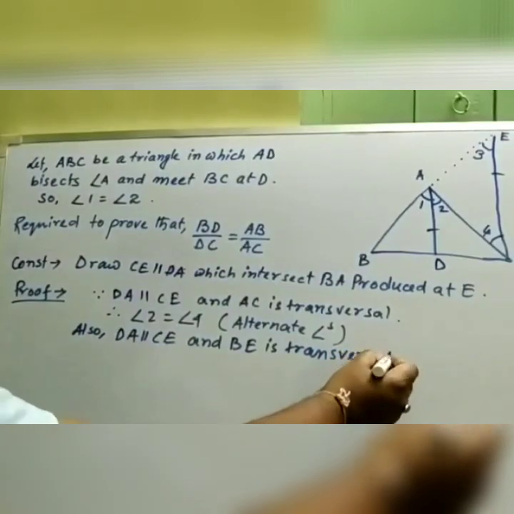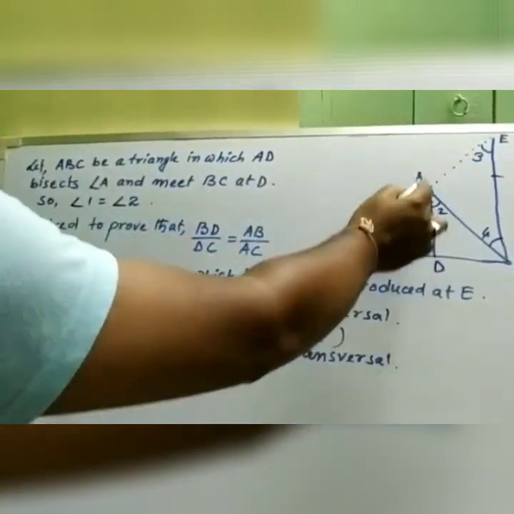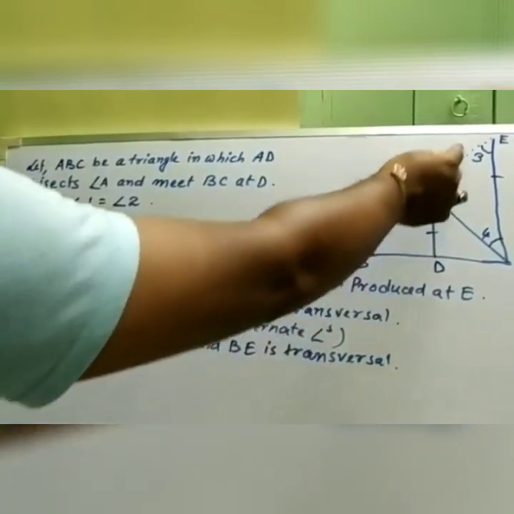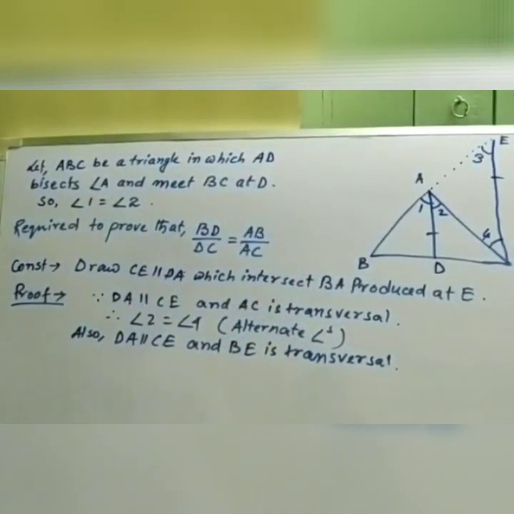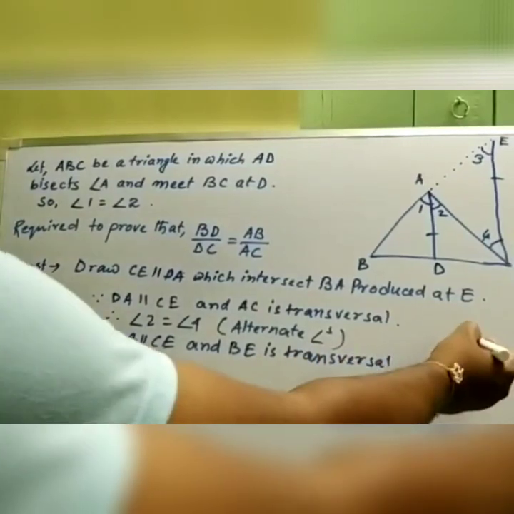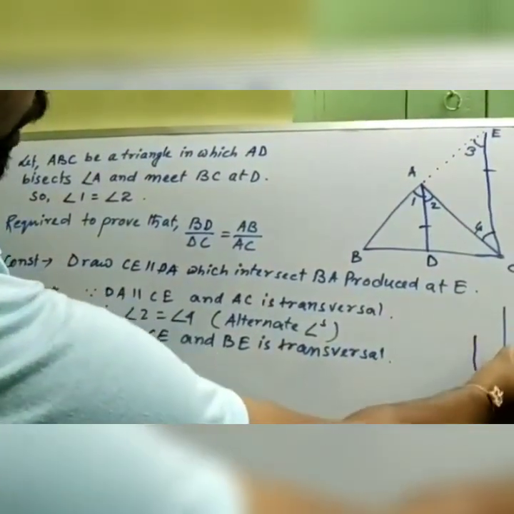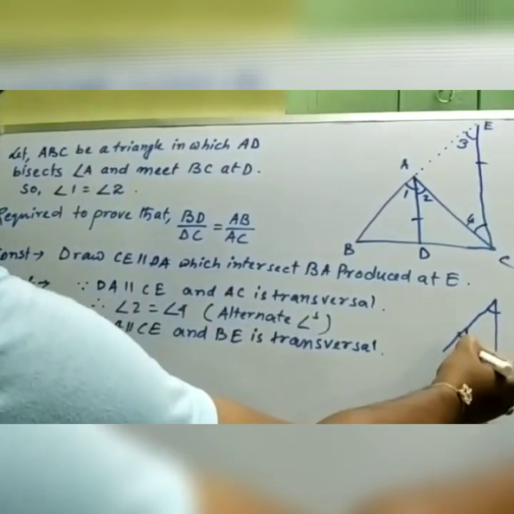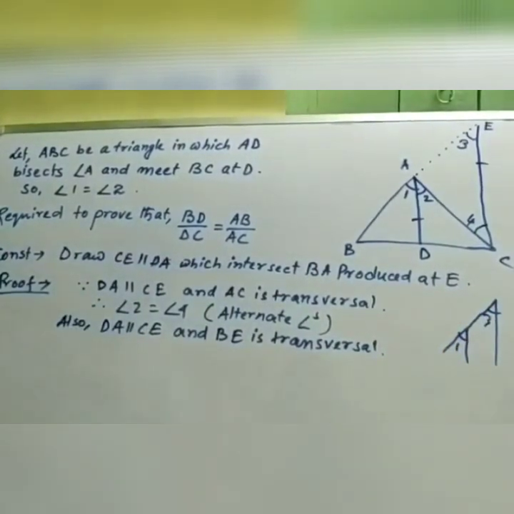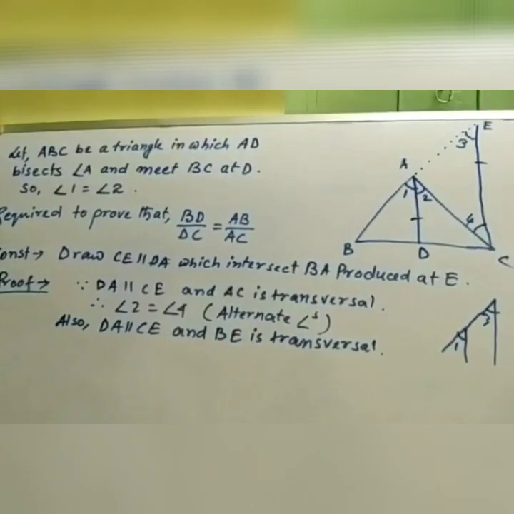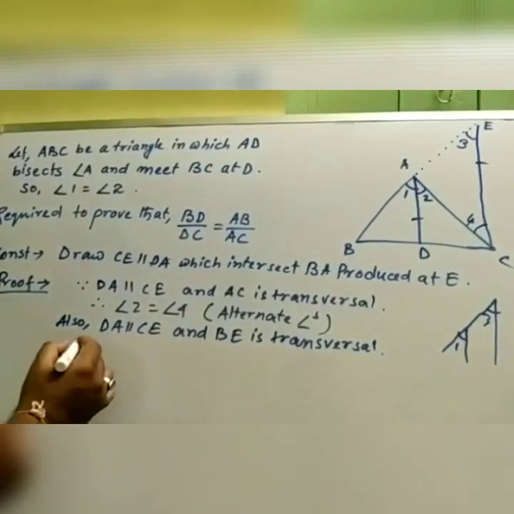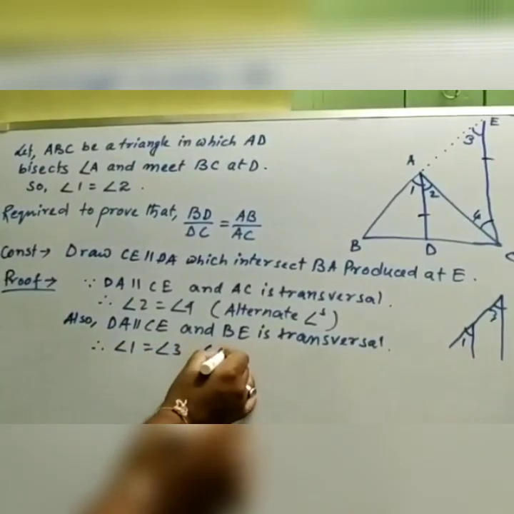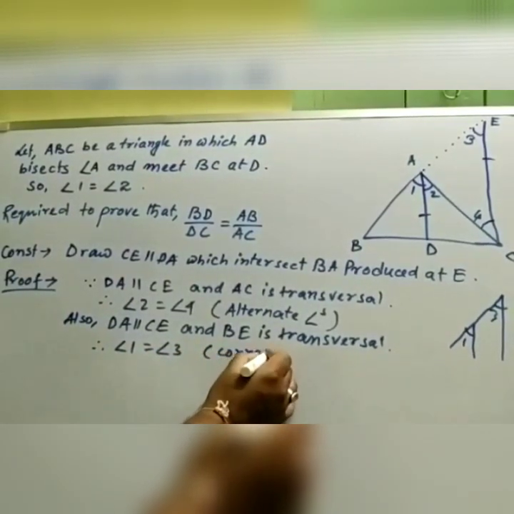So from the figure you can see, if BA is transversal to the parallel lines DA and CE, then angle 1 and angle 3 will be the corresponding angles. You can see that these are the two straight lines that are parallel and one transversal, then this angle and this angle, angle 1 and angle 3, will be the corresponding angles, and you know that the corresponding angles are